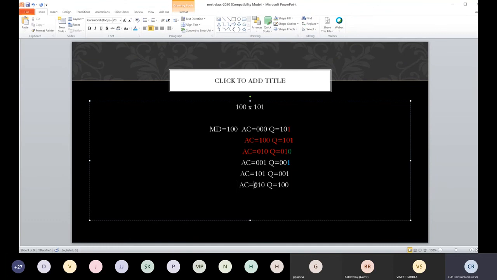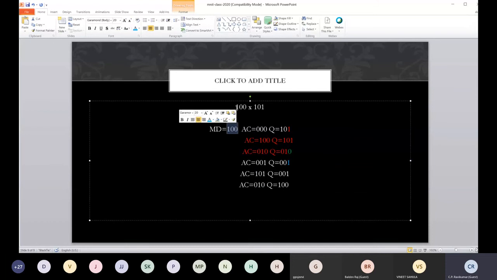So what is the final answer? The final answer is 010 followed by 100. So that number, if you do the math, you will figure out it is 20. Okay, so 010 followed by 100 is the number 20, which is the answer we expected. So these are treated as unsigned numbers.